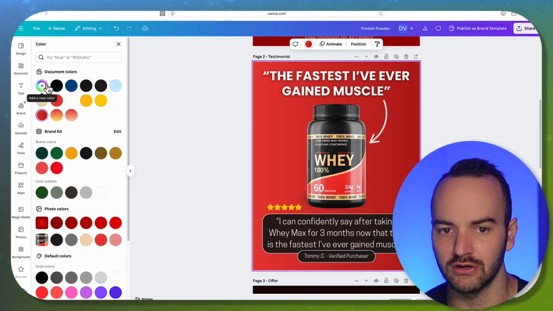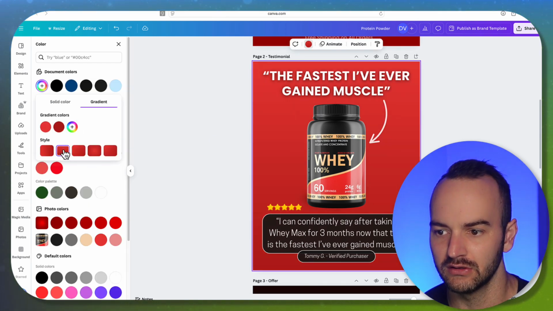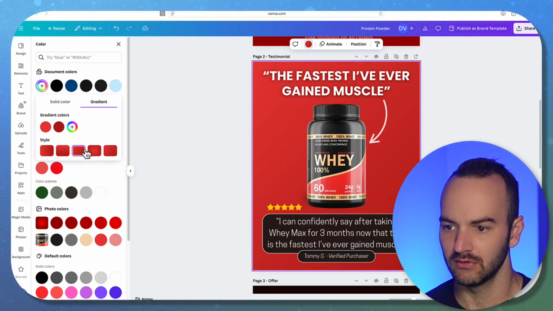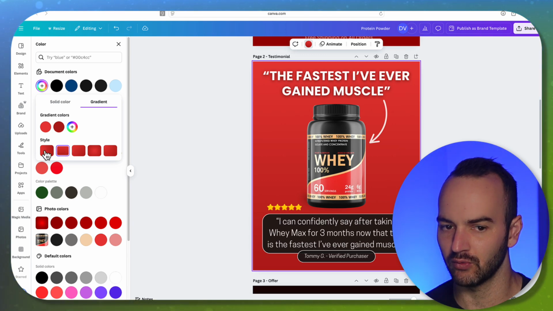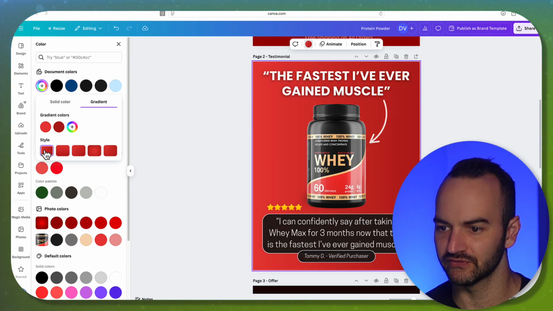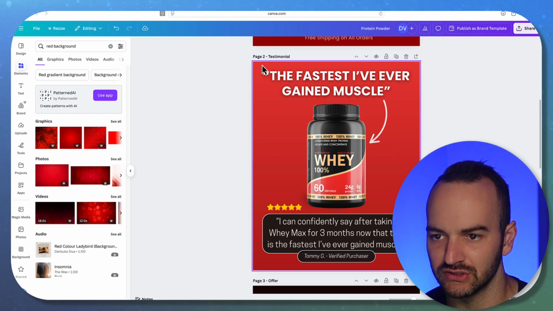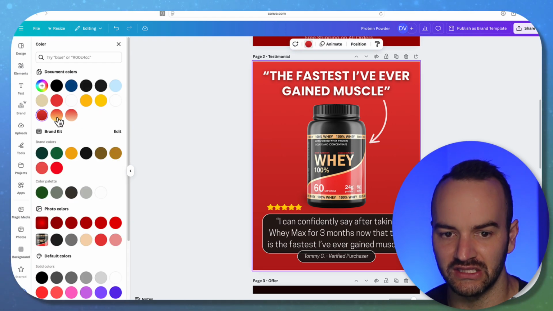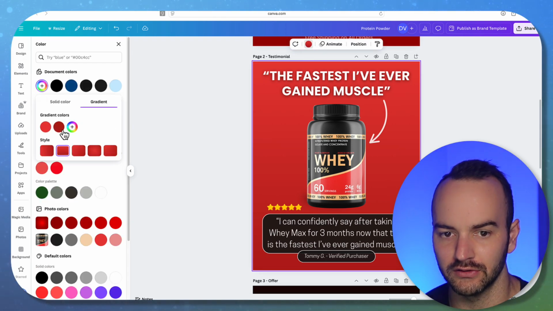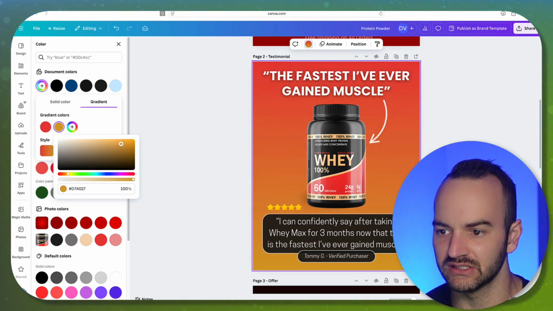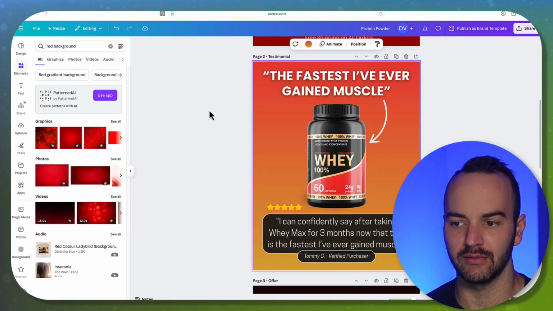And you can also mess around with these different variations of how it plays out the color, or where it moves from. So I probably like that one the most. You can do something like that. I can also, even for the other color, make it like the tan color that we're using if I wanted to be a little bit more